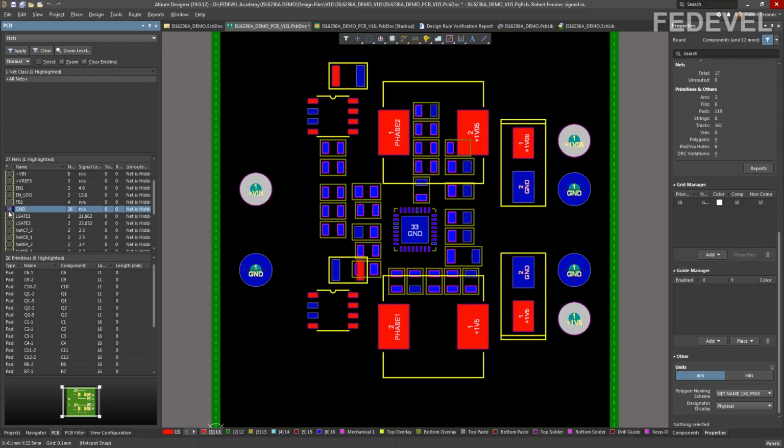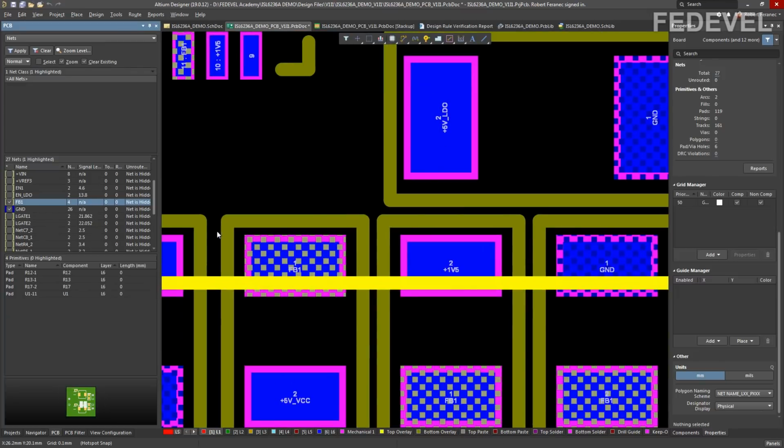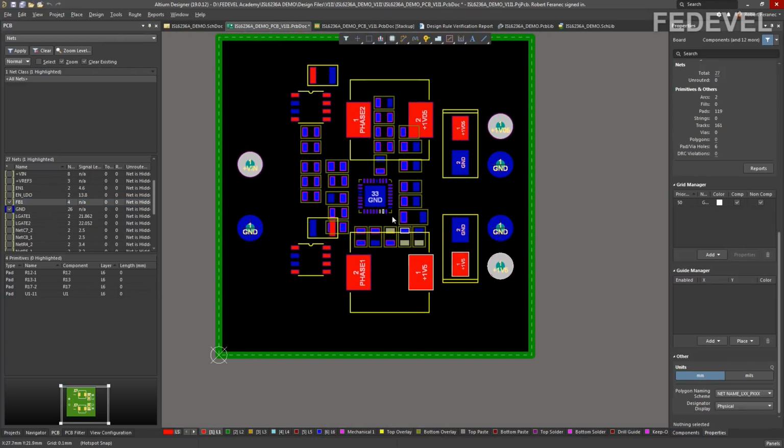If you check this and if you cannot see blue color in your PCB, try F5 on your keyboard. When you use F5, it can hide and it can show all the colors on your PCB. Okay, if you use more colors, for example, if I enable color for this FB1 net, I'm going to check it, zoom out.